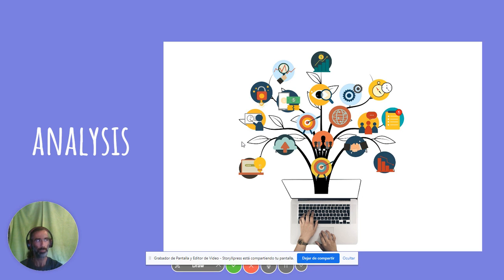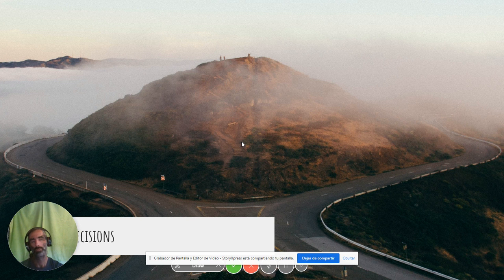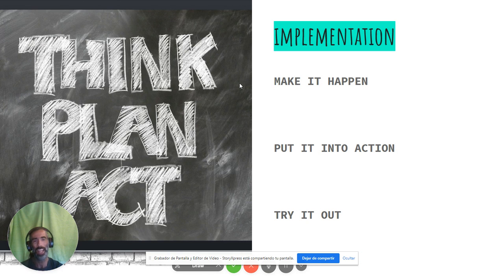Now, sometimes there's not necessarily one right answer. Okay, there can be times when there could be several right answers, and these are times when we have to make decisions. Okay, and there's different ways we can make decisions. Look at this lovely picture. This is a typical crossroads, and this happens in life where we have to make choices, and there may not necessarily be one definitively right answer, but in any case, the next step is going to be implementation. Okay, so you've thought about it,